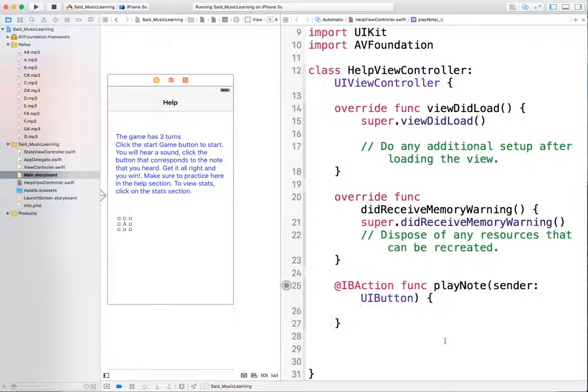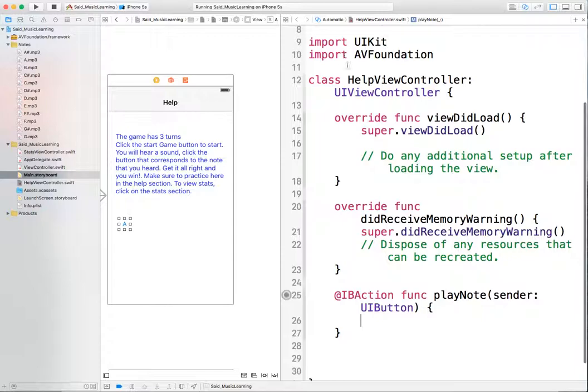So that's the function. So what I did, I imported the AVFoundation, added the note files, added a button, connected the button to a function. So what is left now is to program this function to respond. And the response that the function needs is, once the user clicks on the button, to play the sound